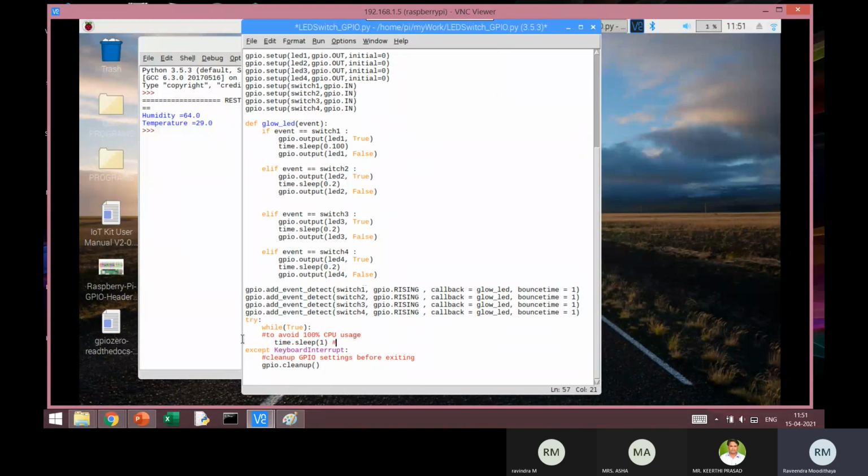Whereas bounce time equal to 1 has the unit of milliseconds. This has nothing to do with the time module; it is defined inside GPIO itself, and there it is interpreted in milliseconds.